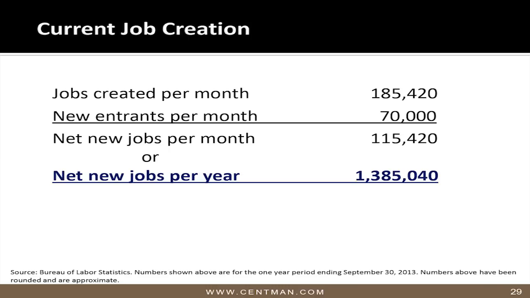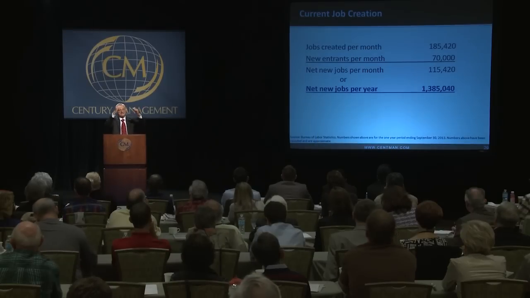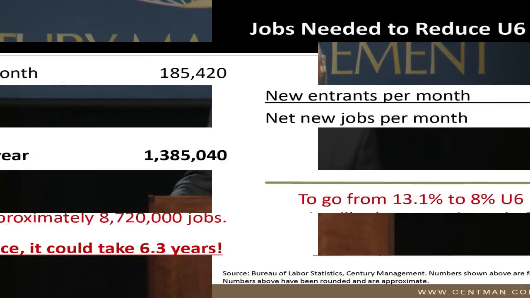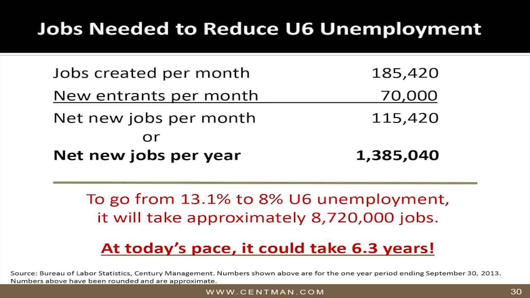If you do that times 12, you get 1,385,000 jobs that we are creating. In order to get the unemployment down to normal levels, I figured it would take about 8,720,000 jobs. So in order to get unemployment down to the normal levels where we have a strong economy, it takes 8 million. At the current rate of 1.3 million, it's going to take us 6.3 years to fill